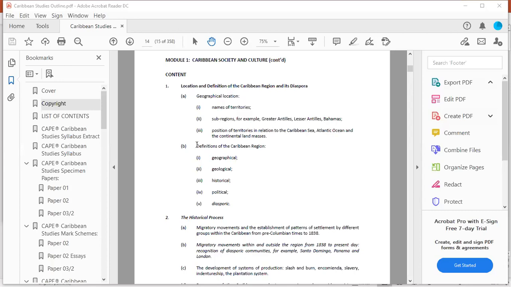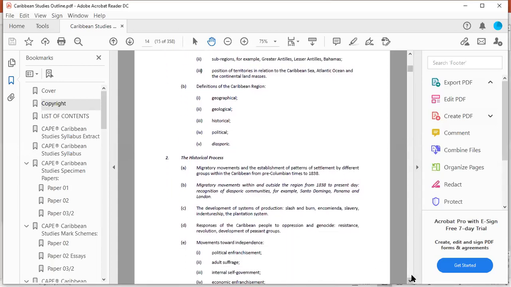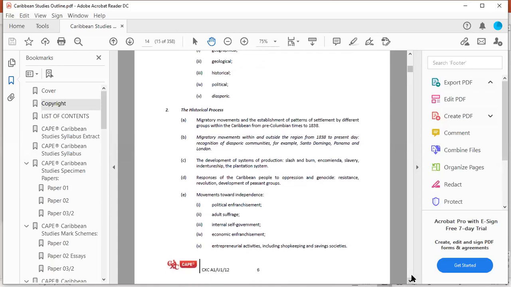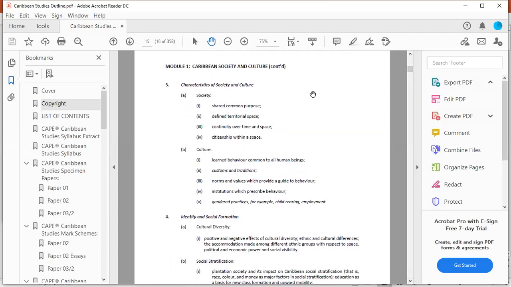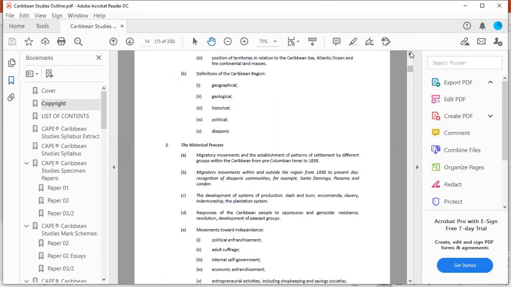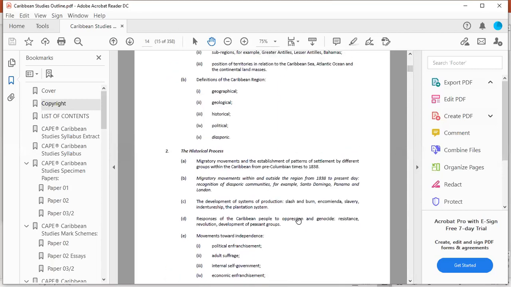Objective 1B: definitions of the Caribbean. We would have looked at the geographical, geological, historical, political, and diasporic definition. So we would have covered that. Now we are at the historical process, and we're at 2A, which is migratory movements and the